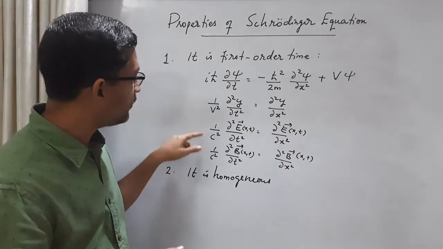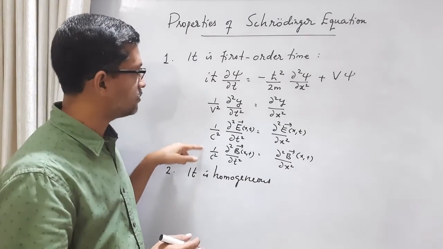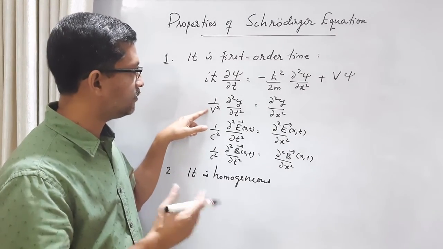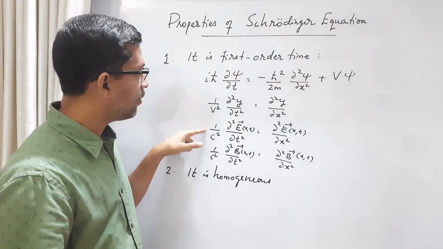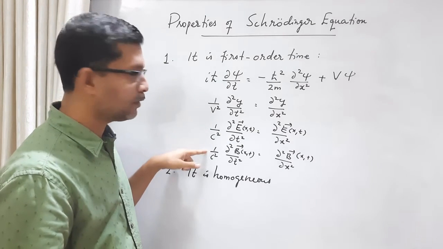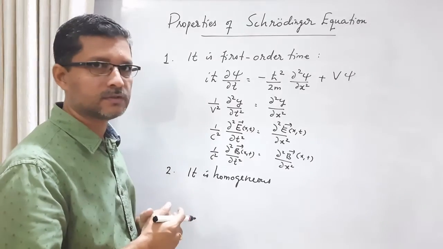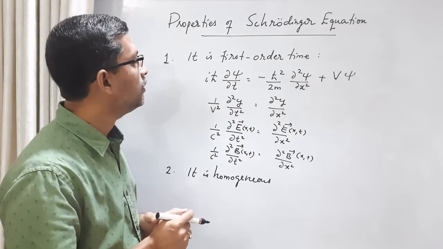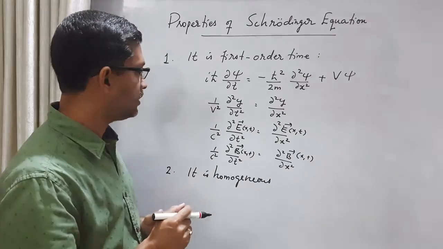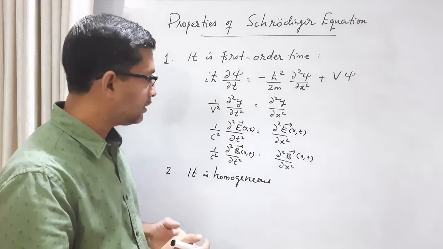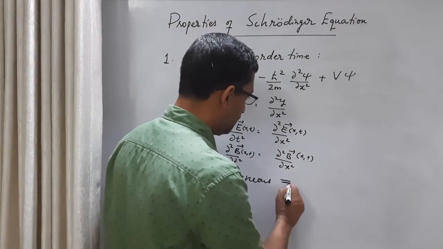Let us look at the other wave equations. These are also homogeneous. All the terms contain the derivative of y. All the terms contain a derivative of the electric field or magnetic field. So these are also homogeneous. That is the meaning of homogeneous. And what is the consequence of that? The consequence is that if